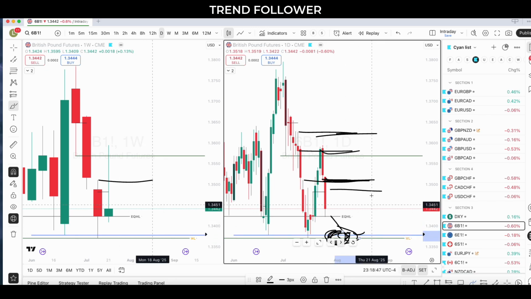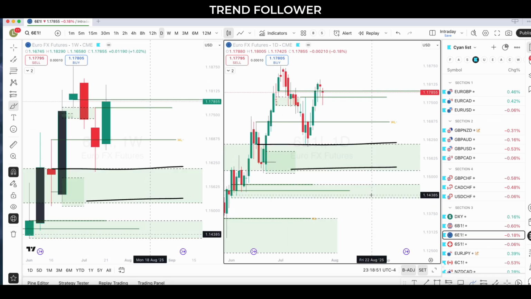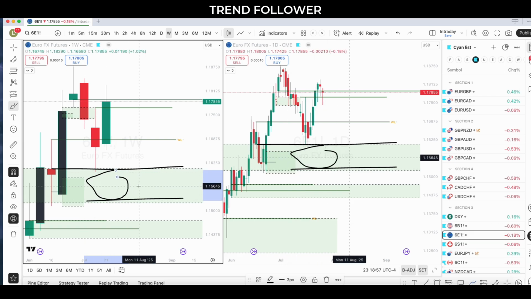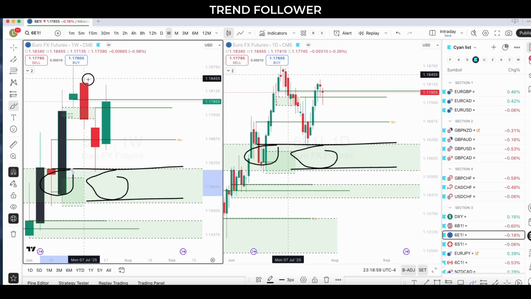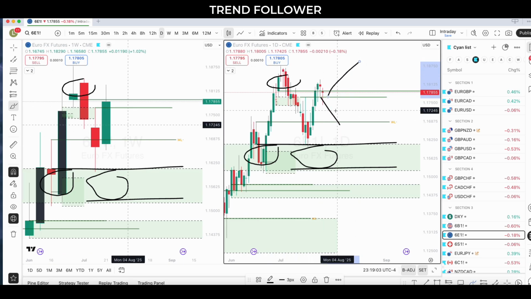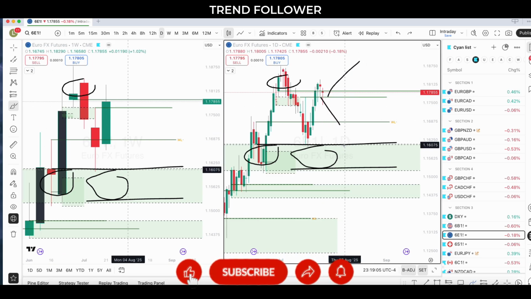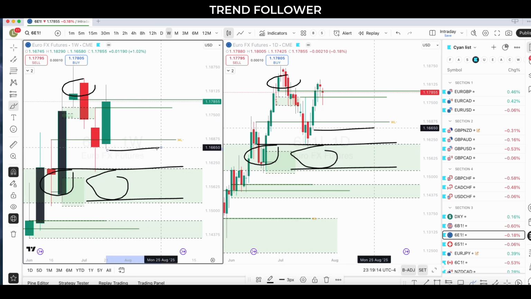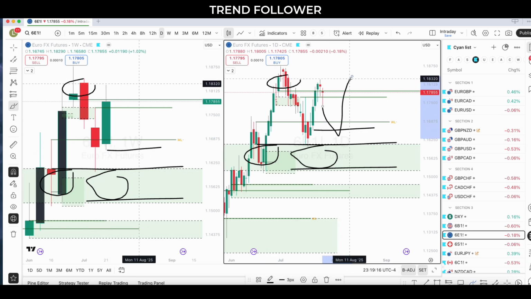If GBP comes here, then I will focus on Euro USD. All right. So now Euro USD or Euro futures. Again, the same problem. Euro has taken a weekly liquidity from this region. Euro has taken a weekly liquidity from this region. Will it go down? Will it go up? Will it come down here? I don't know. Right? So we'll have to wait and watch. I think the safest trade, honestly, is if it breaks the previous week low, takes the liquidity and goes up.